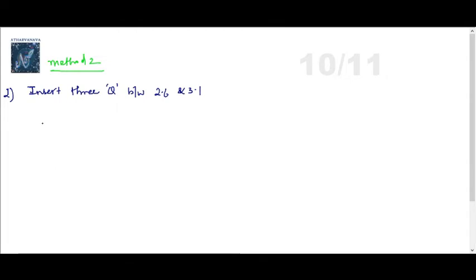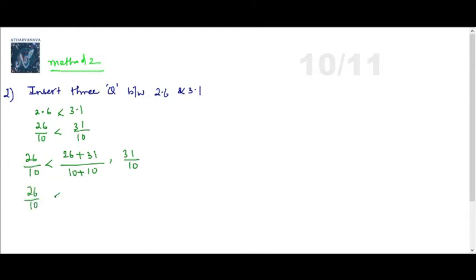Let's see. You have to write 2.6, definitely less than 3.1, isn't it? So can I write this as 26 by 10 less than 31 by 10? You can convert, right? This is a decimal number with one decimal place, so I can convert it as 26 by 10 and this one as 31 by 10. So let me do this process. Method 2, I am using 26 by 10 less than 31 by 10. Here we know, that's why I am using less than symbols. If not, you can just put a comma, it's up to you. This is how we solve.